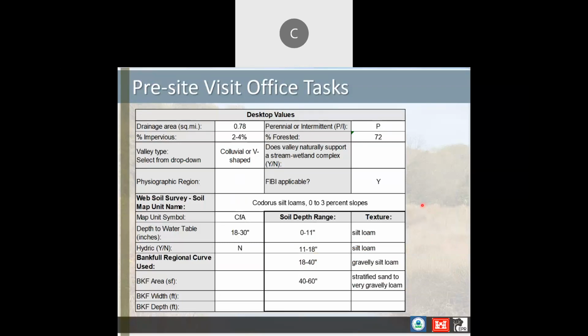All right, our next step is soils data. With the soils data, you'll fill out a pretty good chunk of the desktop values section in that worksheet. This data will help you determine metric R9, your floodplain soil drainage. So this question: does the valley naturally support a stream wetland complex? We already have part of that question, and that can come from valley type. Alluvial valleys are much more likely to support a stream wetland complex, but it also matters what the underlying soils are. So for Mingo Creek,